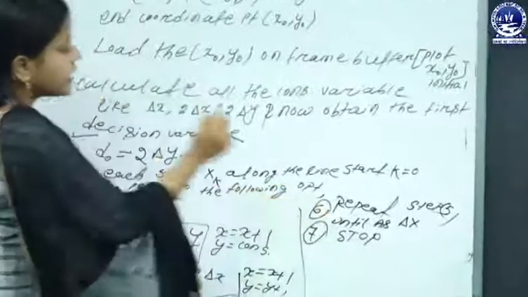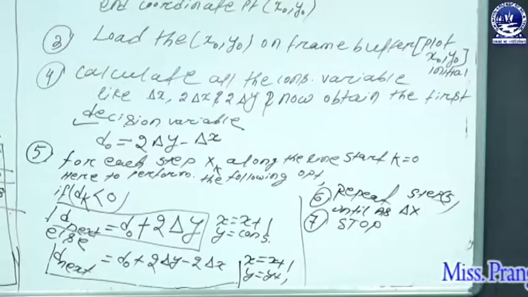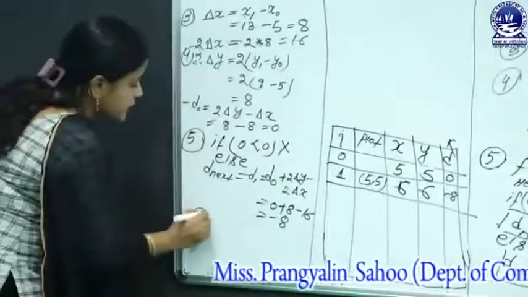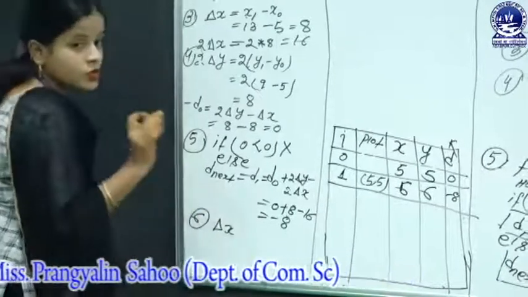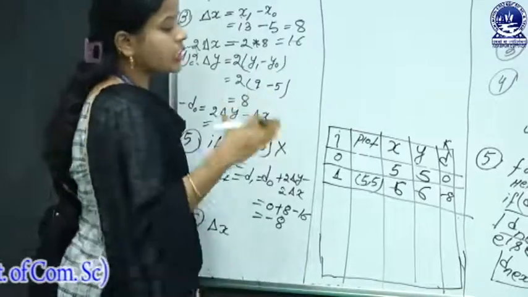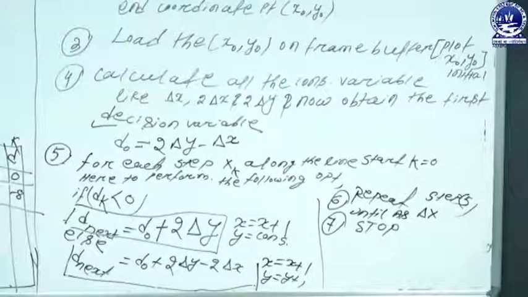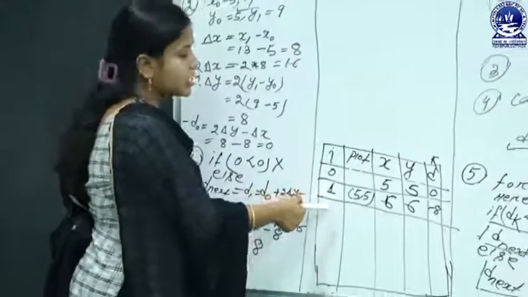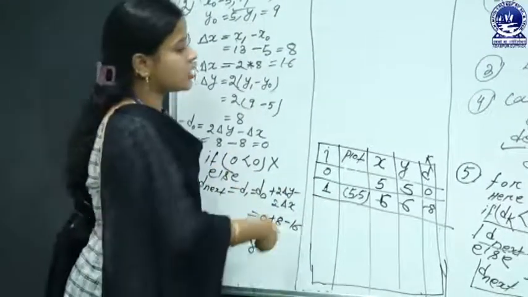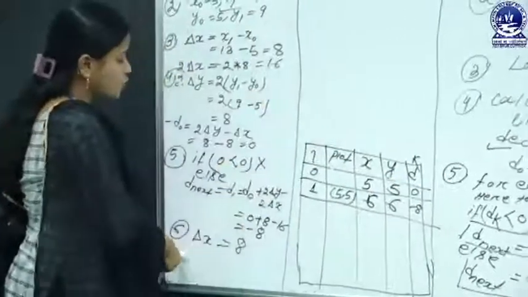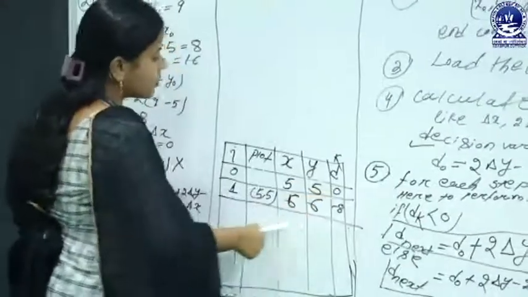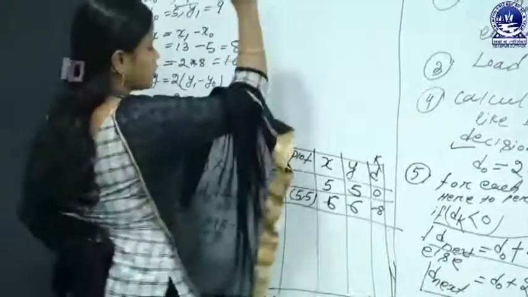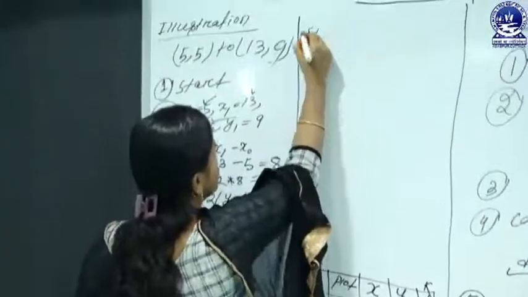Repeat step 5 until delta x times occur. That means step 6 provides one constraint, one condition. You have to execute step 5 iteratively until delta x appears, that means 8 appears. As here the count has appeared only once, the condition is true. So you have to execute step 5 again for the next pixel point generation.